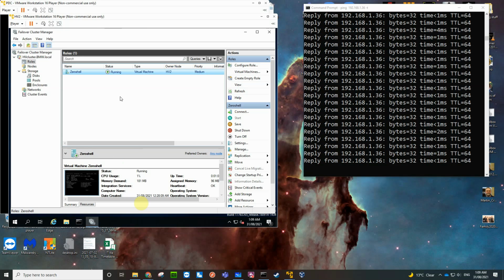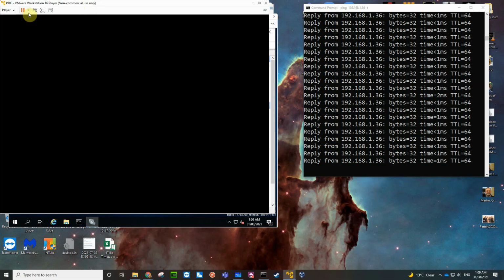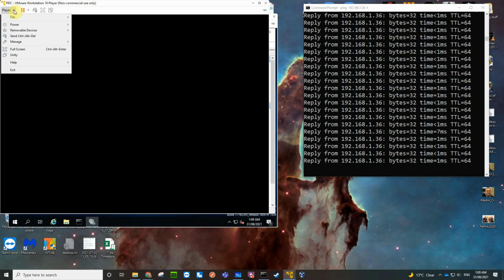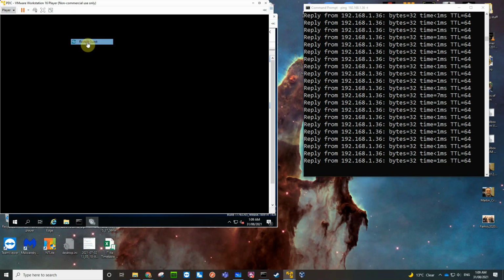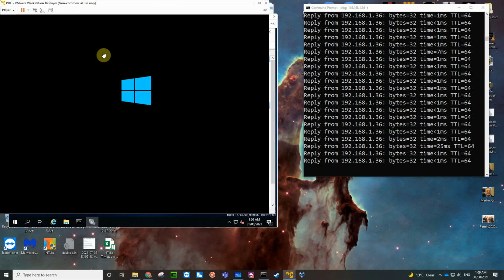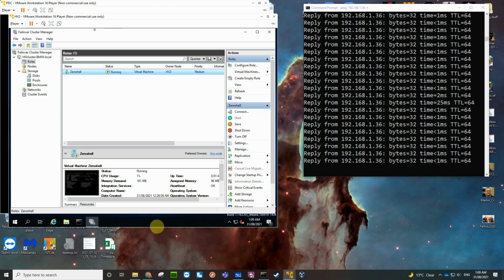Now, if I unpause this virtual machine here, or the one I've turned the power off on, and restart it, it'll rejoin the cluster. But that doesn't mean the virtual machine will. So I should be able to go power, restart the guest. So this is going to restart this virtual machine, but that doesn't mean that, because if you have a look